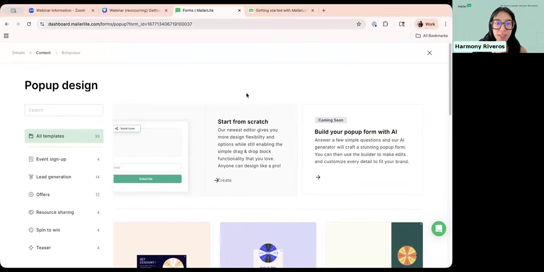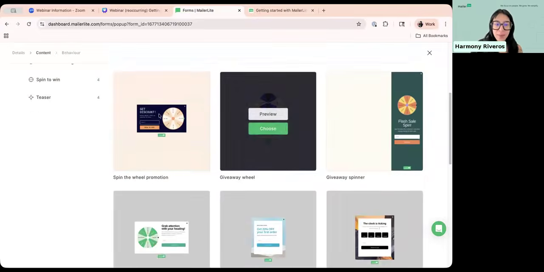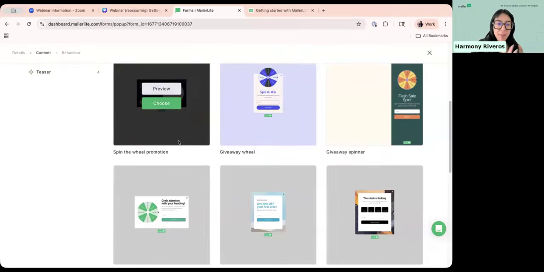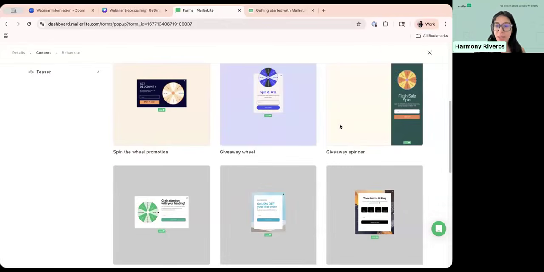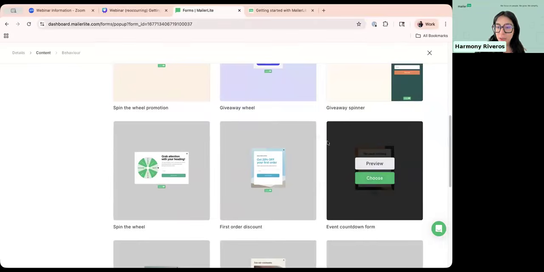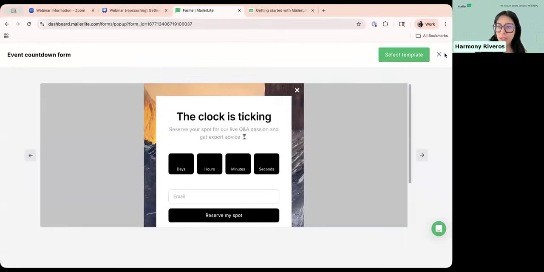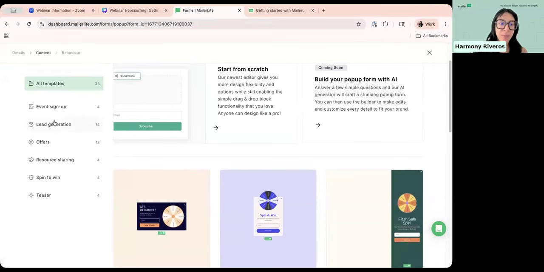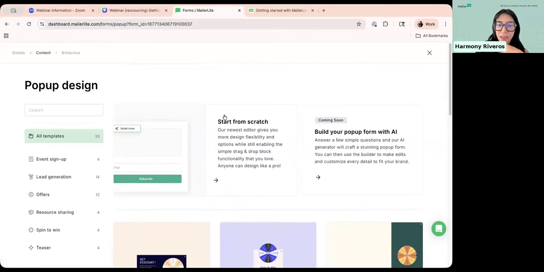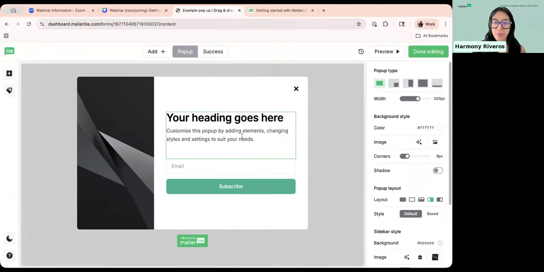And there are different ways to create pop-ups. We have lots of templates, some that gamify the pop-up itself, so you can do the spin the wheel option. We have templates that include countdown timers. So we have these pre-made designs, also in different ways that you can use them for an offer, lead generation, all of that. I will just do the start from scratch so you can see our basic sign-up form,